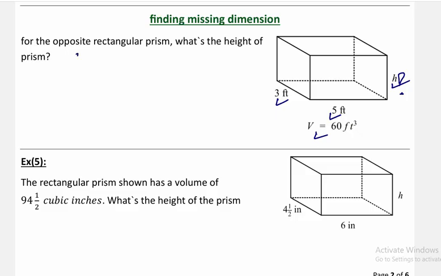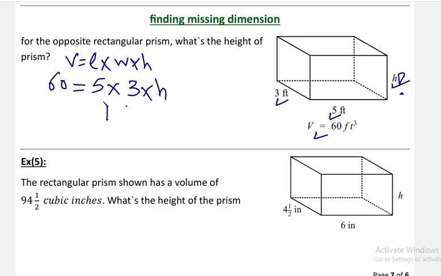Simply by writing the rule: volume equals length times width times height. The volume is 60, the length is 5, and the width is 3. Height is unknown. 3 times 5 is 15. We have 15h equals 60, which means when you divide the whole equation by 15, you will have h equals